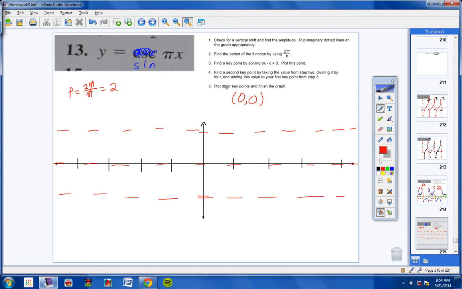Now step 4 says find another critical key point by taking the value from step 2, your period, and dividing it by 2, so 2, or dividing by 4. So 2 divided by 4 is 1/2. So we're going to add a half. Okay. So my next ordered pair would be 1/2 comma something. Okay. So I'm going to come over to my x here. I'm going to put 1/2 in for x. So I have sine